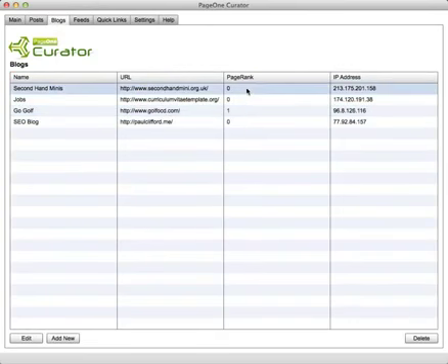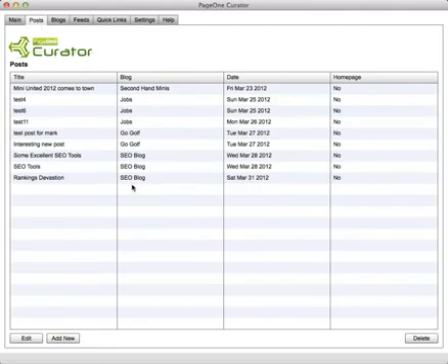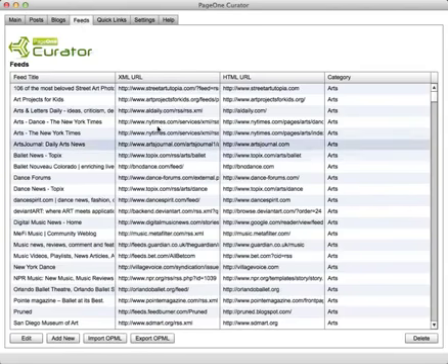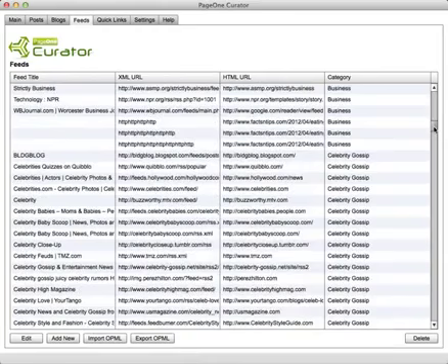you can remotely post to any of your blogs at any one time, and all the posts that you make are also tracked so that you can keep an eye on them, and indeed you can even re-edit them from within the editor. Then within the feeds tab, you can add groups of feeds or your favorite sites that you